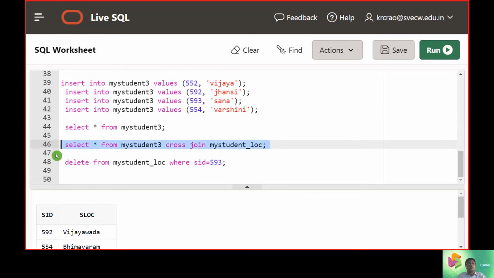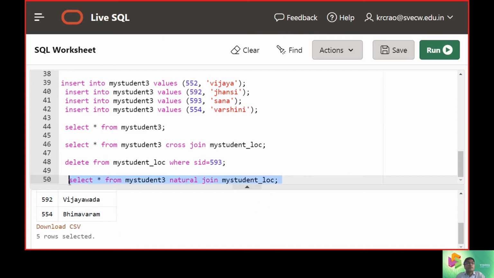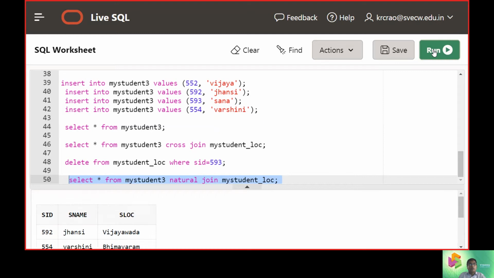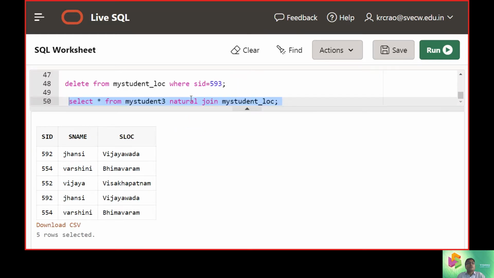So we take the same command here, and instead of cross join, we replace it with a natural join. Earlier we had 28 records. Now when we make the natural join, you can see it is bringing up the rows.